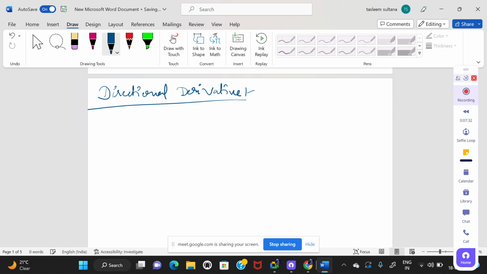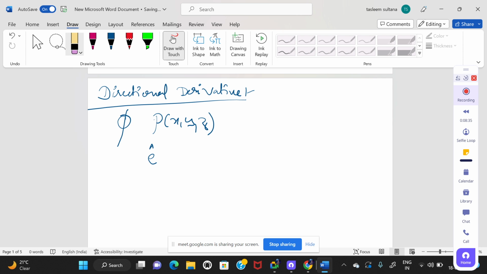a scalar point function phi at a point P of x comma y comma z in the direction of a unit vector e vector, you write unit vector e vector,